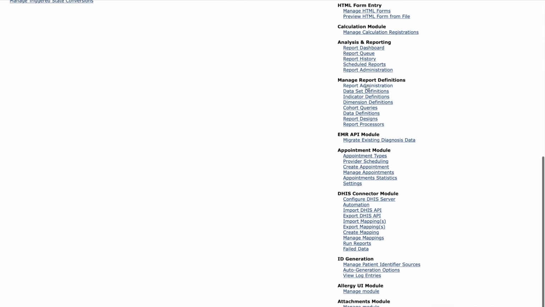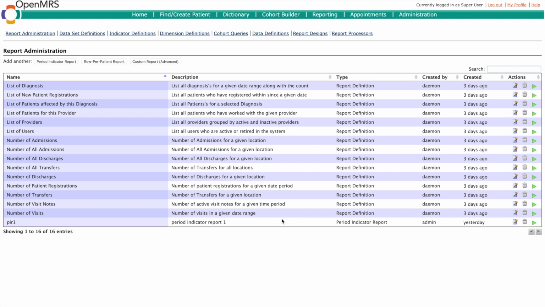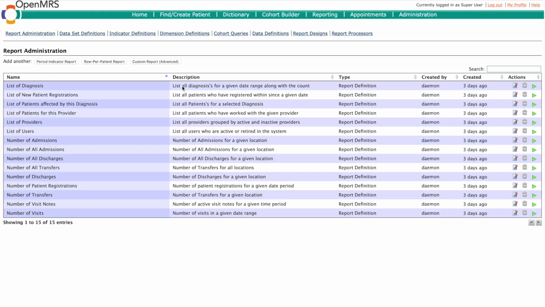Let's see the report administration list. We have the period indicator report one already in this instance, so let's go ahead and delete that. I'm not gonna delete the cohort query because I wanna show you guys something in the import